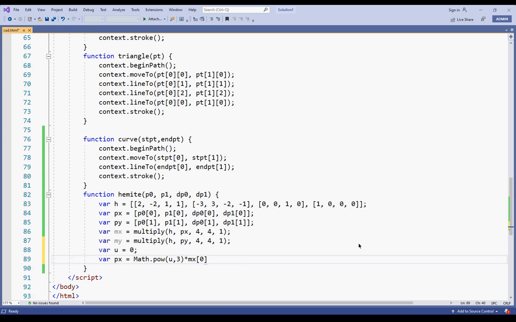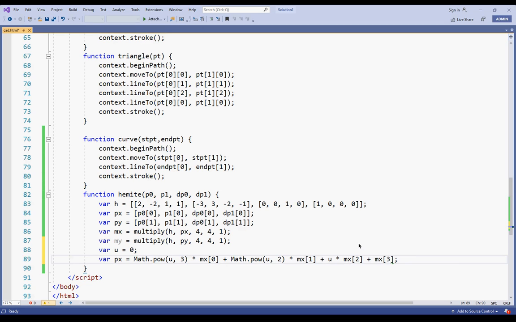So mx first value, plus math dot pow, then it will be u square, and it will be into mx second value, 1. Then plus u, into mx third value, and finally the fourth value will be added as it is, that is mx3.